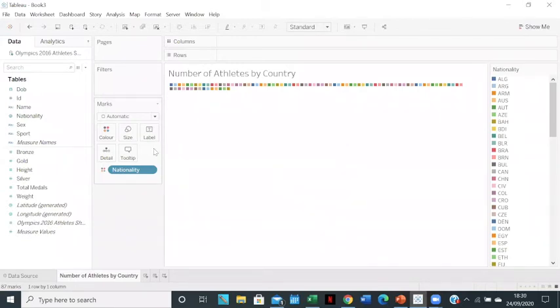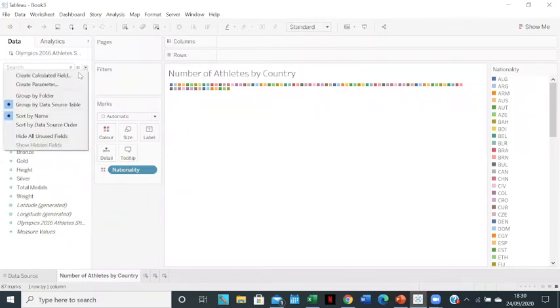So the next thing we want to do is differentiate each of these marks by number of athletes per country. So the greater the number of athletes, the greater the size of the mark. As you can see, we don't actually have a field entitled number of athletes, so we need to create that field. We can do so by just hitting this drop down menu up here, and we'll hit create calculated